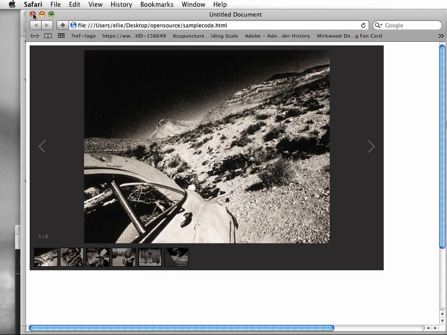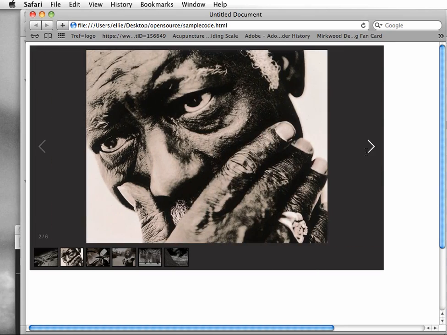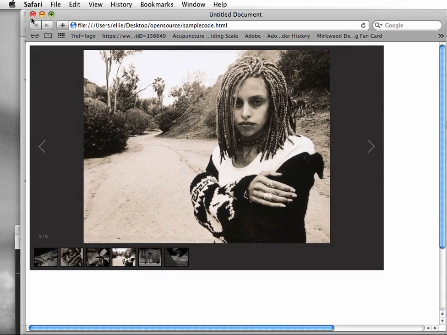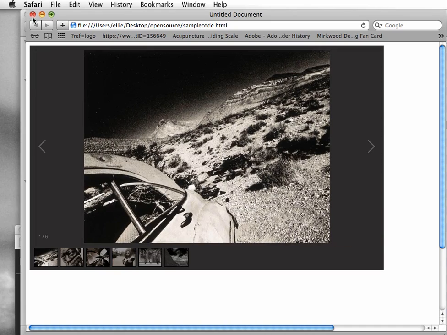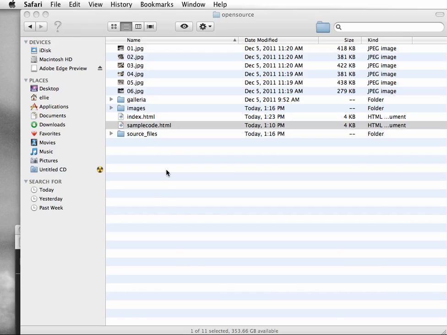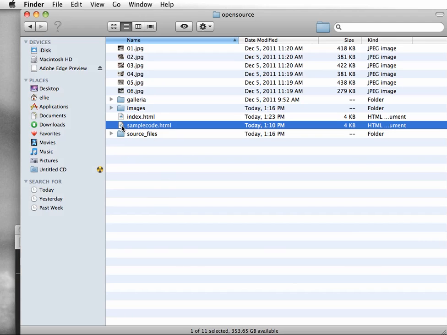So this is basically what it's going to look like in a second. And remember, I don't have thumbnails. I don't have different stages for my navigation. I just have the large images. However, this advanced interactivity is only possible with using these scripts. So I'm going to open up my open source HTML,